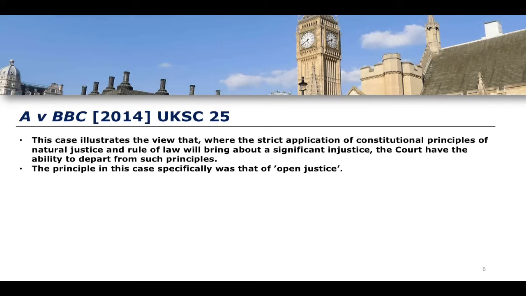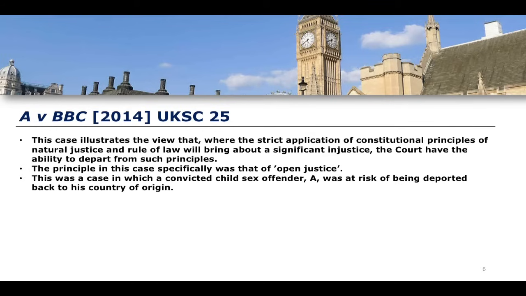The principle that was at stake here was the basic principle of open justice, the idea of cases being public, and cases having people being seen to have justice be done unto them and have justice applied to others on their behalf in an open and visible manner for the entire public. We don't want this idea of there being secret trials that take place without anybody knowing, because obviously that wouldn't be particularly democratic. And so what we have here is a case in which we have a convicted child